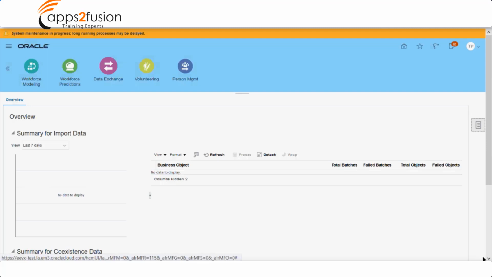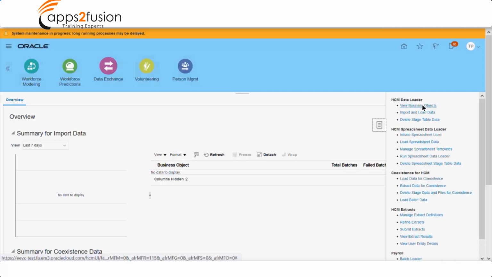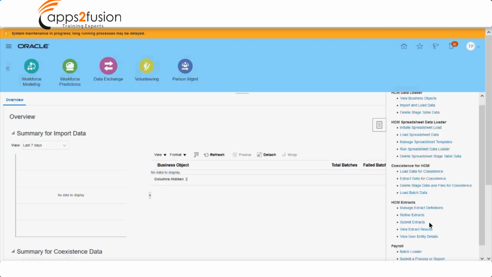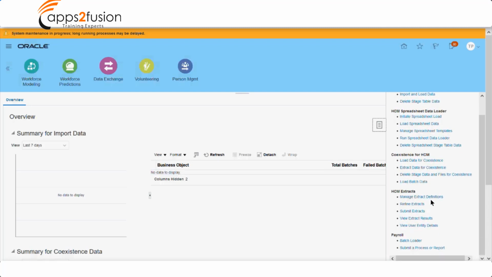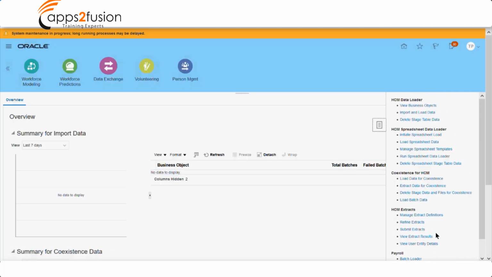Inside Data Exchange, we have multiple options. As I mentioned, HCM Data Loader, which is inbound, and the Spreadsheet Loader, which is again inbound, Coexistence for HCM, which is again inbound, HCM Extract, which is the outbound option available, and Payroll Loader, which is again inbound. So we have one single area where we can do multiple tasks, inbound and outbound both.